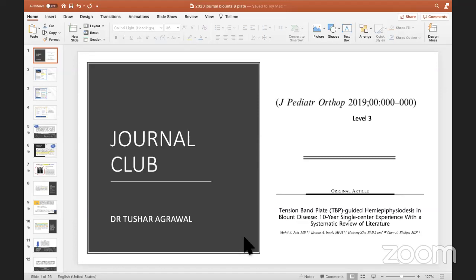Ideally, it should be designed separately. The screw head of a tension band plate should be completely separate in design. Yeah, so Kirti wanted to say...